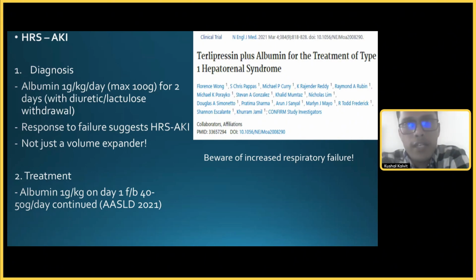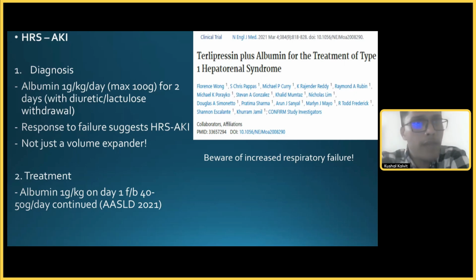After that, many studies were done, and it was found that albumin in these scenarios is not just a volume expander. Albumin actually has many other functions like antioxidant effect and anti-inflammatory effect, where it binds to the bacterial products and reduces the levels of pro-inflammatory cytokines. And that was an additional factor which was clinically important because albumin has been compared with other plasma expanders and starches in this same indication of hepatorenal syndrome, along with terlipressin. And it has been found that only albumin improves the outcomes and not just any other plasma expander.